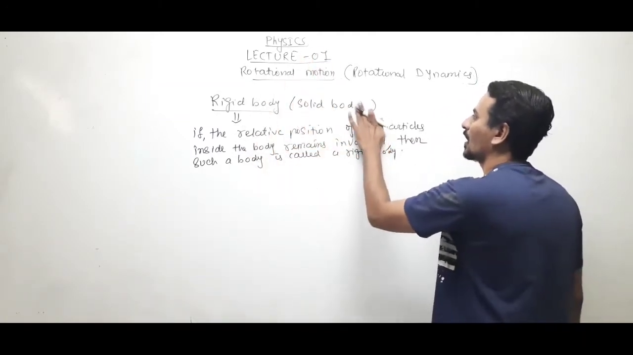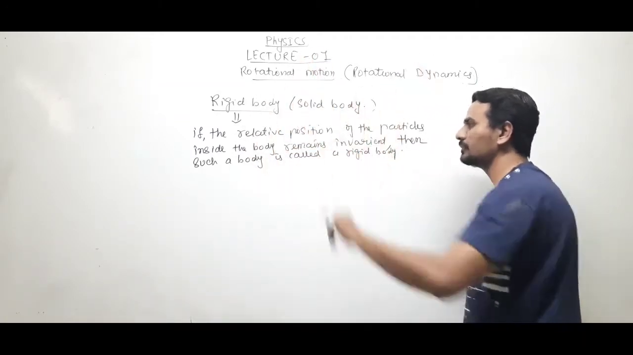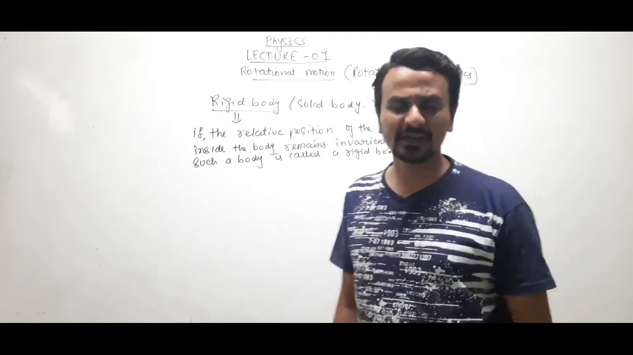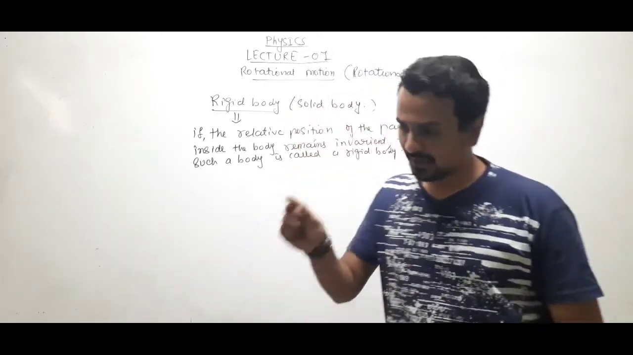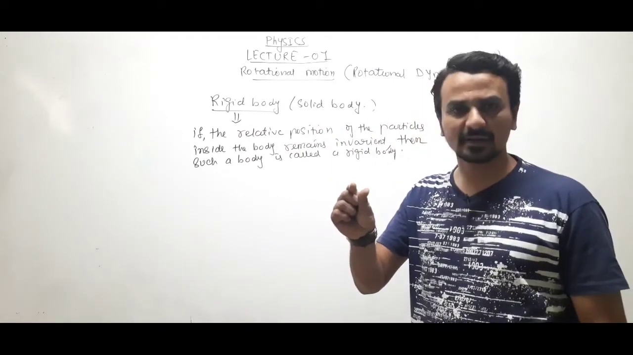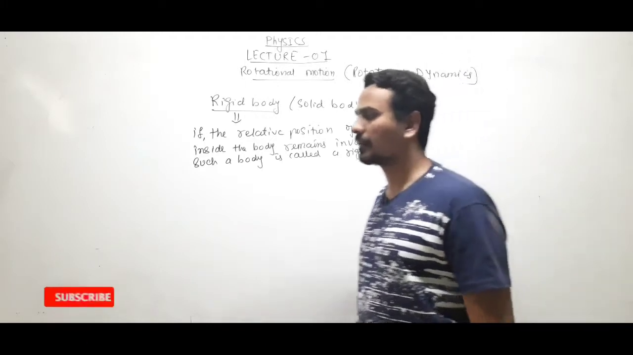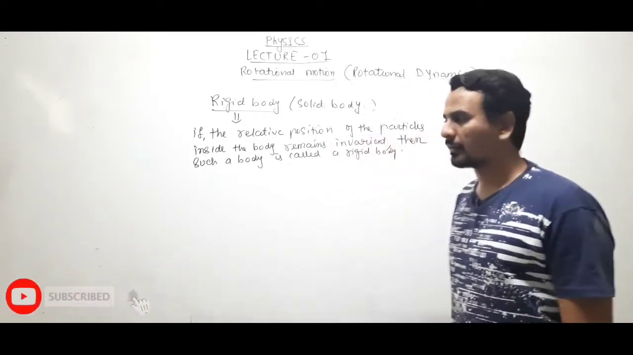Clear? That means any solid body is made up of its constituent particles, right? If the distance between two particles is not changing, then that is a rigid body. Okay, now